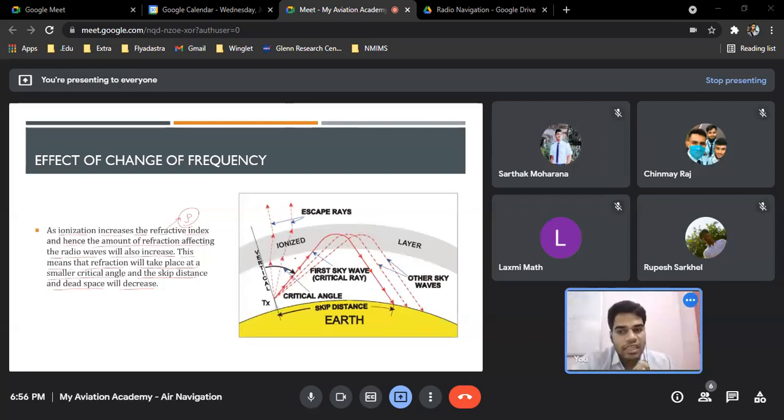If the ionization has increased, the refractive index will also increase. Hence, what will happen? This is my vertical. If my ionization has increased, my refraction will also increase, so the radio wave will try to come back earlier. Let's say this is a normal example. If I were to draw an area, let's say the ionization has come down here. Now what is happening here is